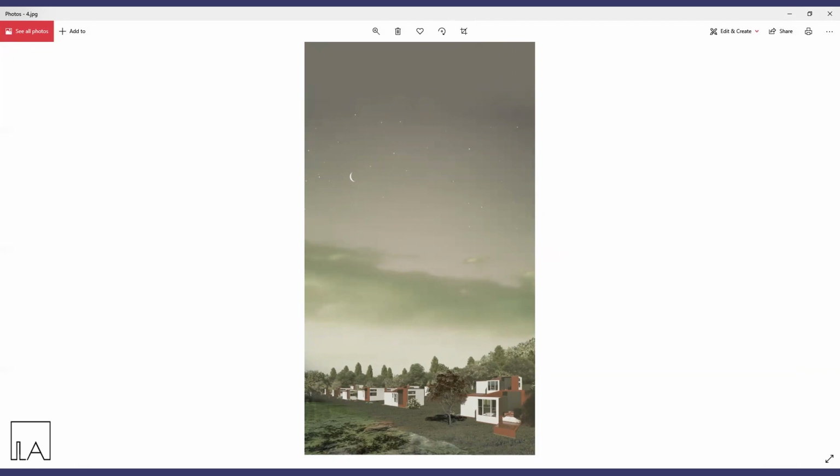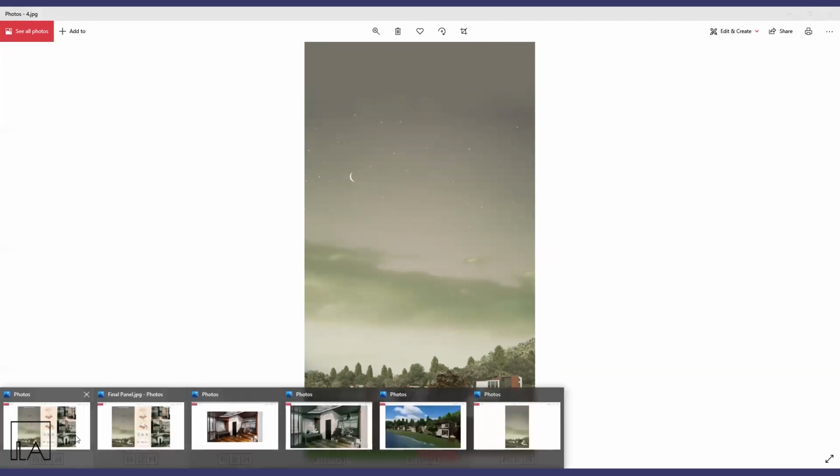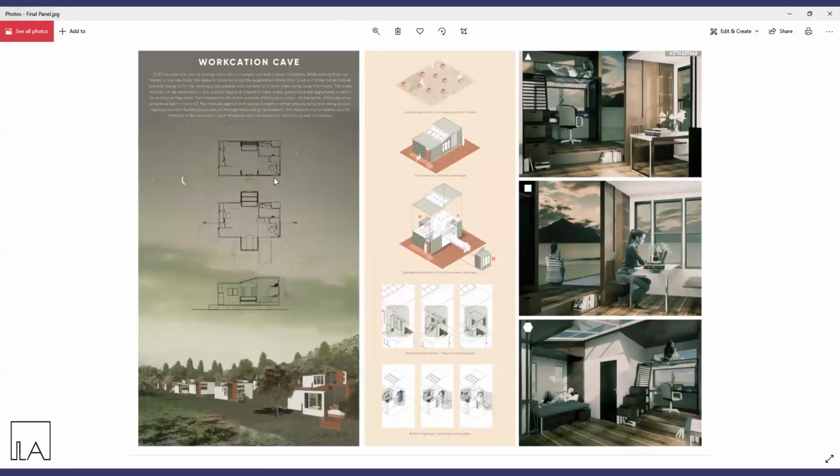Now the reason for this is because we also have our drawings that were overlaid on the sky. Now this is a commonly used technique to actually produce presentation drawings. Therefore, you can just keep all of your drawings on the skies or any plain backgrounds, and you can save up some space for these drawings itself, so that the space that is saved up can then take up the diagrams which explain your process.